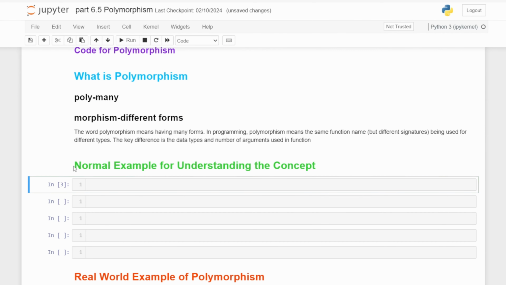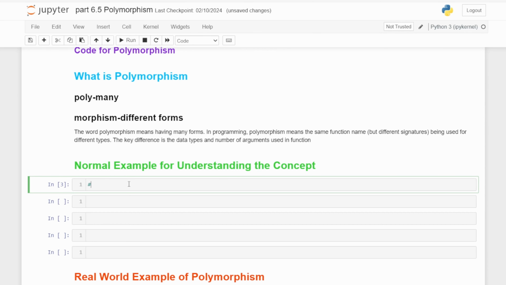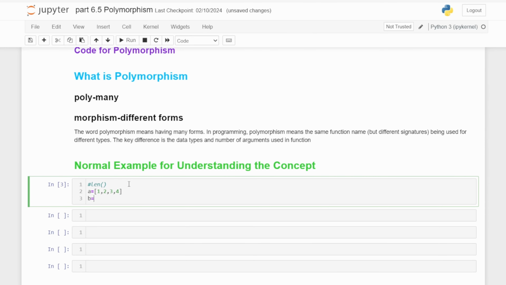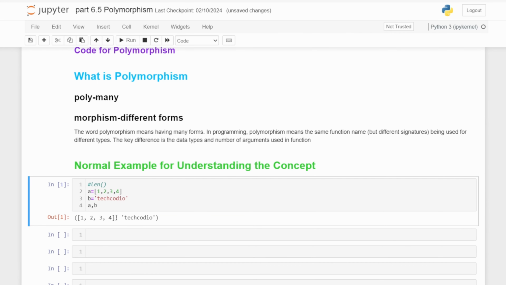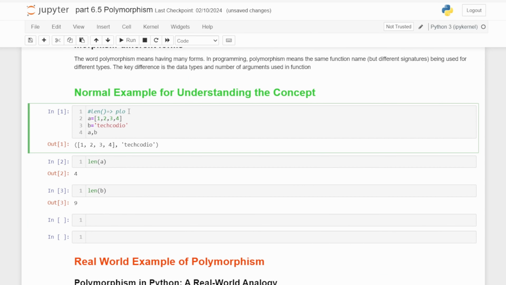So guys, now let's see the normal example for understanding the concept. Here I am going to use the length function. For the variable a, I am going to take list values 1, 2, 3 and 4. For the variable b, I am going to take string values. Take Codio, right? So you can see we got a list and we got a string. Now you can see the length of a is 4 but the length of b is 9. So we can say that length is